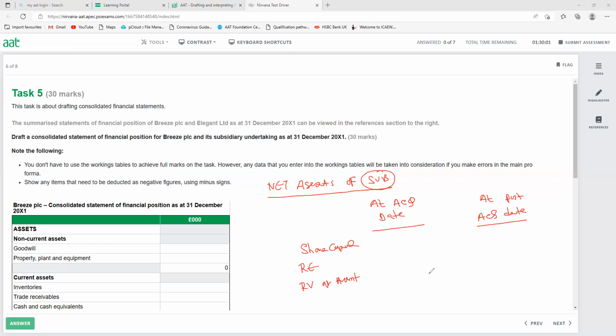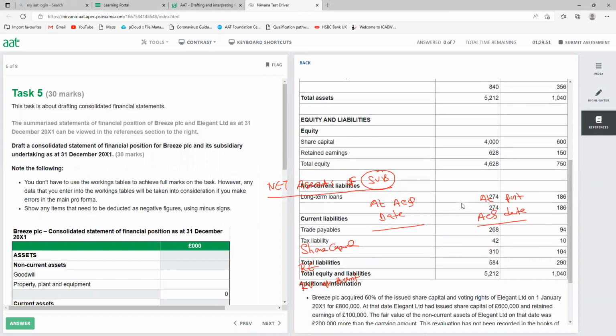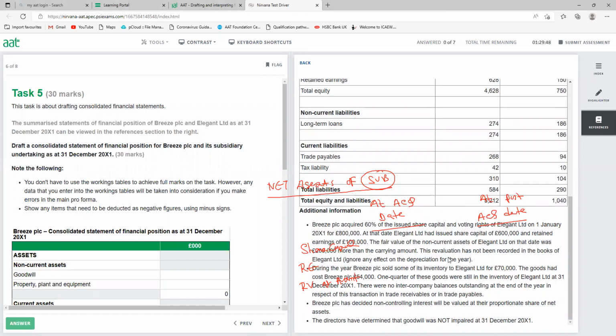Now, we need to look at the question first. So let's have a look. We need to open the question. And if we open the question, we can see some information here. Okay. So let's quickly read the question a little bit. So you can see here, it says,